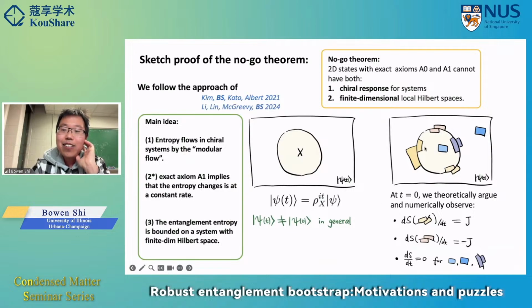We can ask, does the entropy of any subsystem change? I draw several different choices of subsystem. As you may guess from the chirality, we need some asymmetric, not symmetric, choice of the subsystems, like the yellow one and the pink one. They give you some non-zero numbers, actually proportional to the modular commutator. But for other regions, the entropy is invariant. Now, suppose the axioms are exactly satisfied on the ground state. It turns out we can show that the entropy change is at a constant rate. So you can do a finite time modular flow. Put t to any finite number. It turns out we can show that the